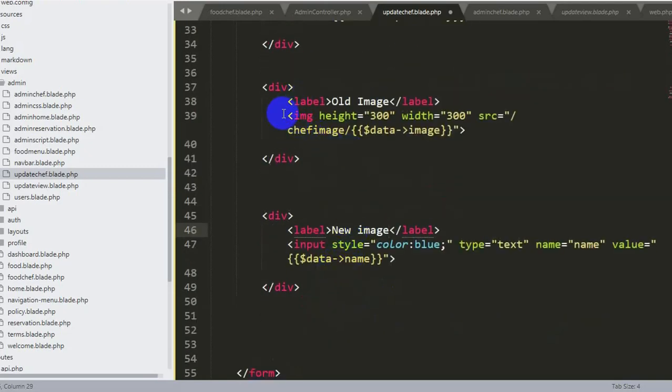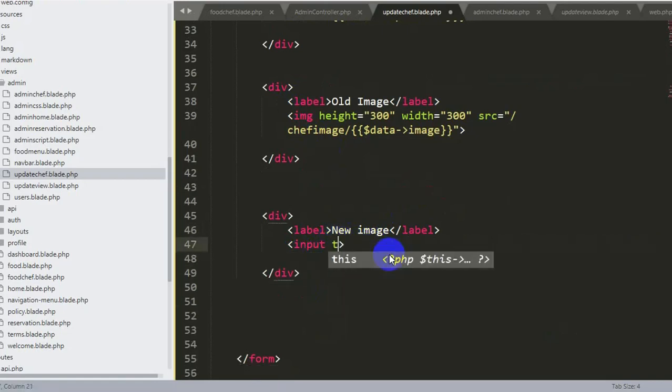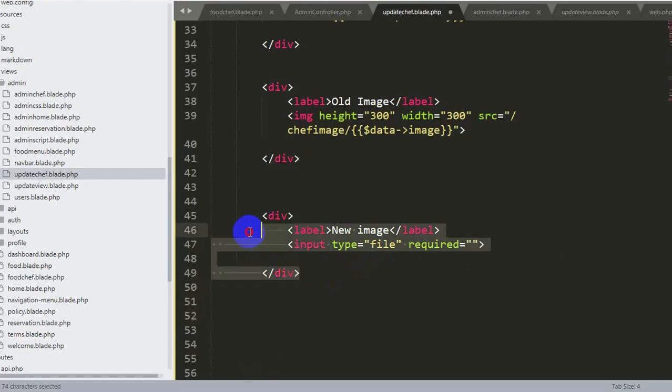Over here we'll have an input field. The input type will be file, and it will be required. Okay, that's enough. And the last part will be a submit button.